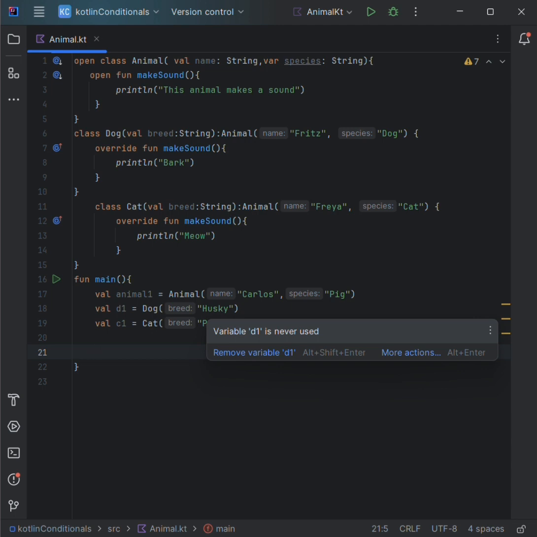After creating an instance, we can now call the method or function for each class.